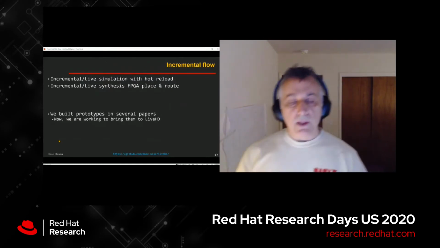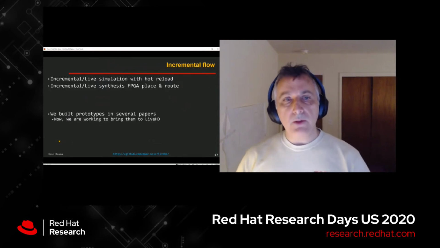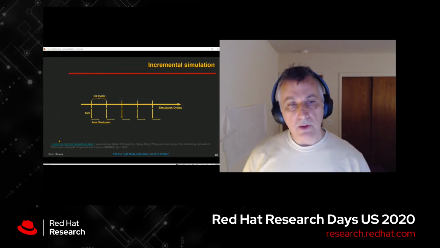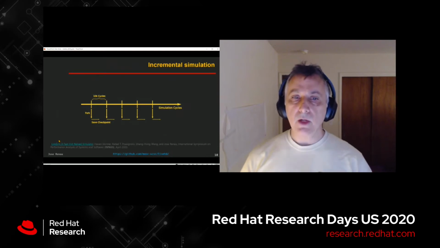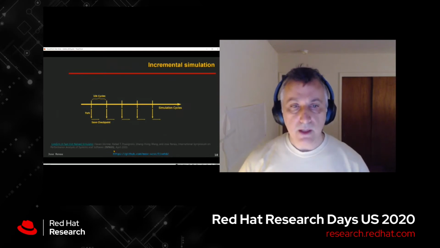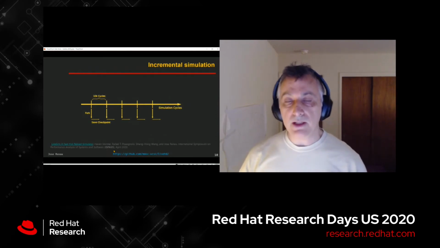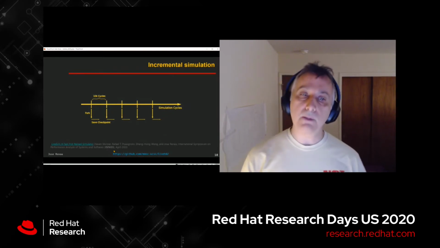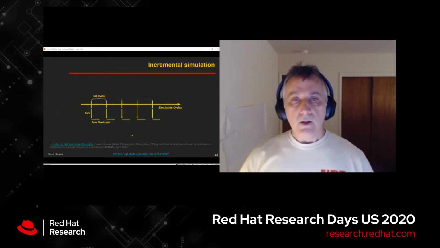So the incremental flow, let me quickly go over a couple of things that we are trying to get. We want the flow to be very incremental. Before we started to implement, we were doing projects and papers in which we prototyped things in Ruby, and then we published a paper like this year on ISPASS. What we are doing now is bringing all those papers to the simulation. The things I'm going to talk about now are still not in LiveHD, but we are actively working to bring them, because we have published papers on this, but we built them with a different prototyping language.